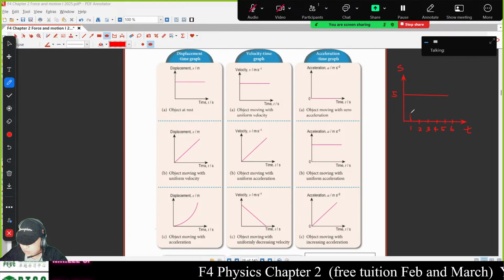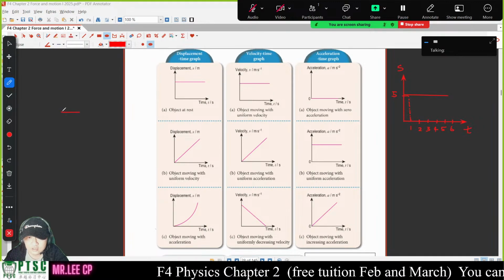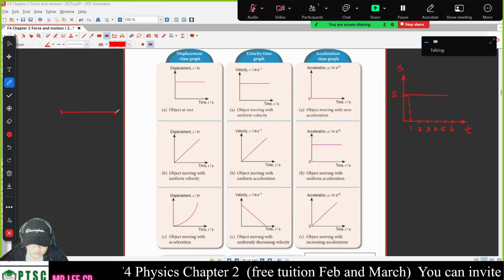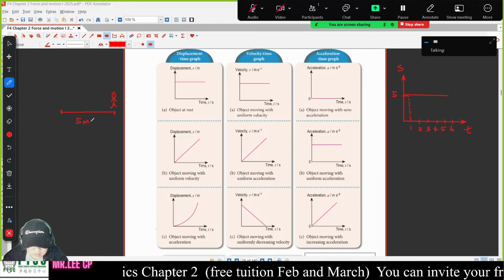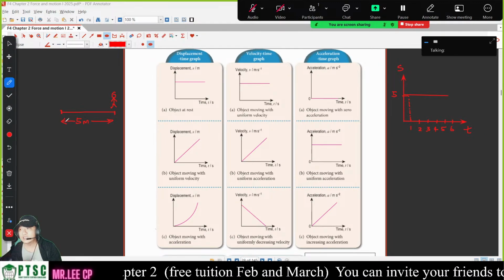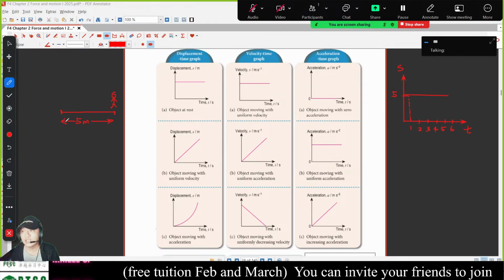So where are you? In the first second, I am at 5 meter. So meaning that this is the origin. When time is 0, I am here. How far is it? 5 meter. 好，当时间还没有开始的时候，我就在5 meter 了。